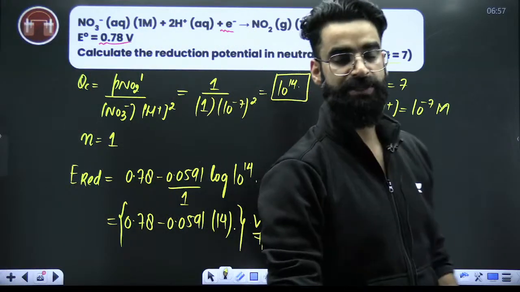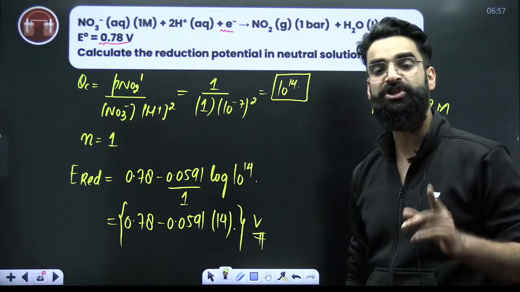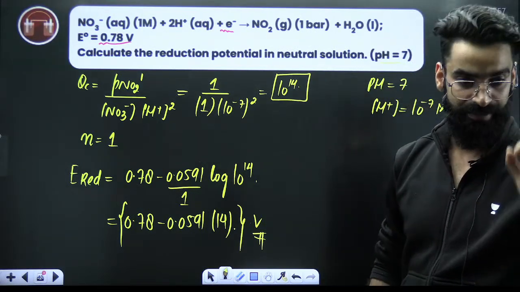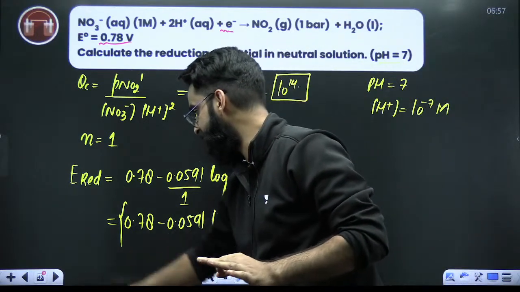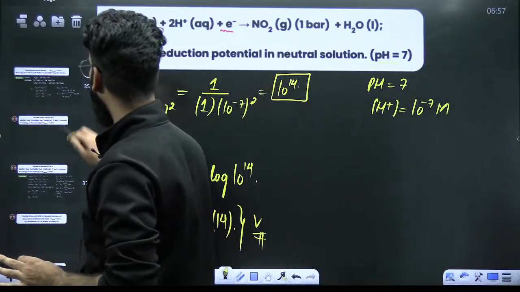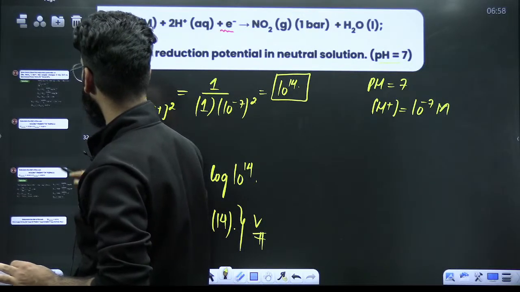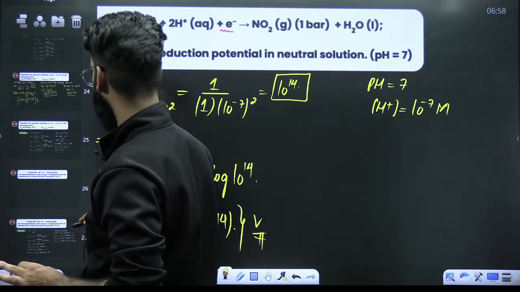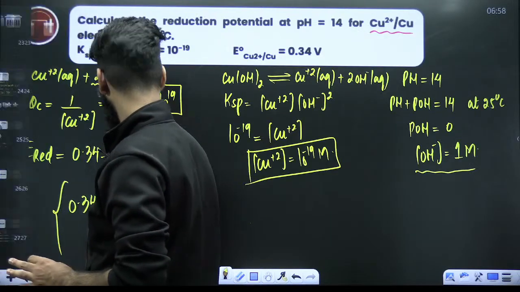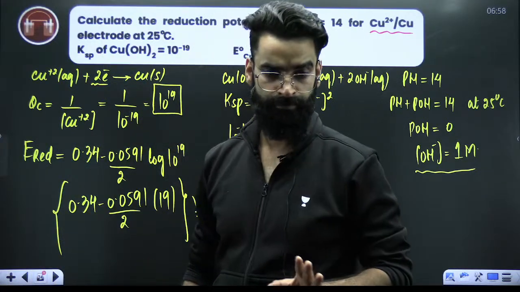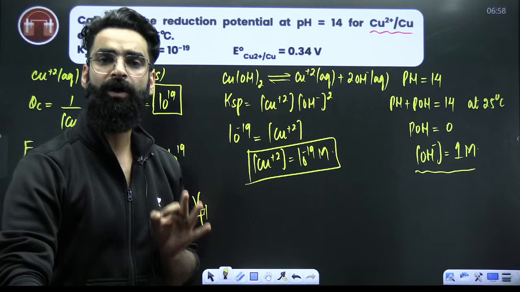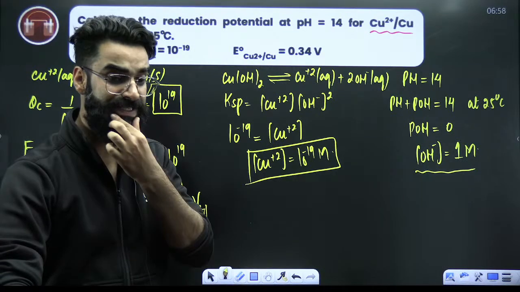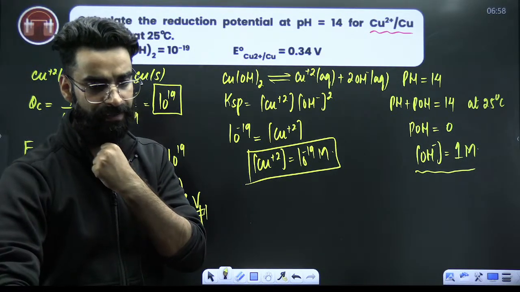I believe that you can solve each and every question in which you are supposed to calculate oxidation potential and reduction potential of the half cells, right? So let me know once in the chats quickly. Is everything done? So till now, we exactly saw how to write the Nernst equation for half cells and how we calculate the oxidation potentials and reduction potentials of the half cells under non-standard conditions, right?